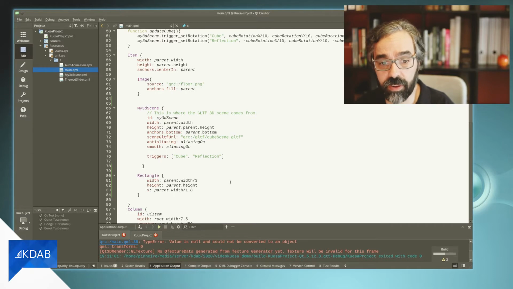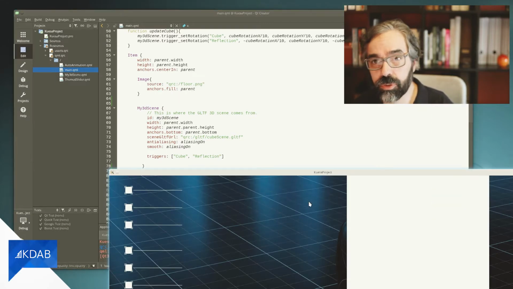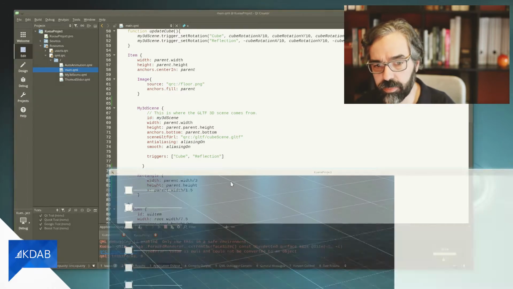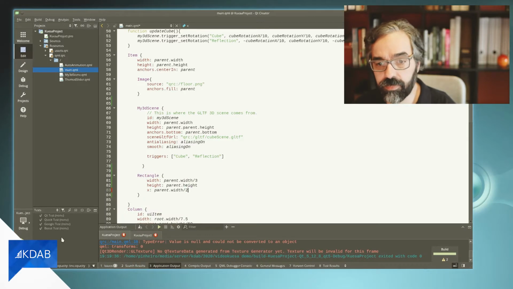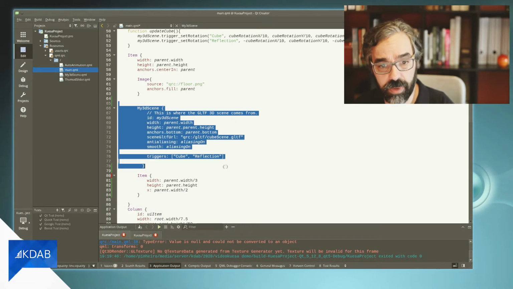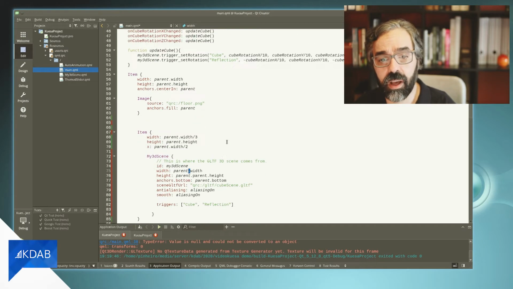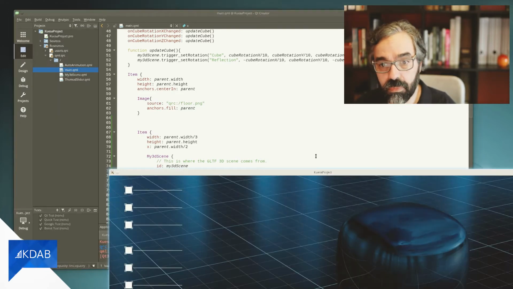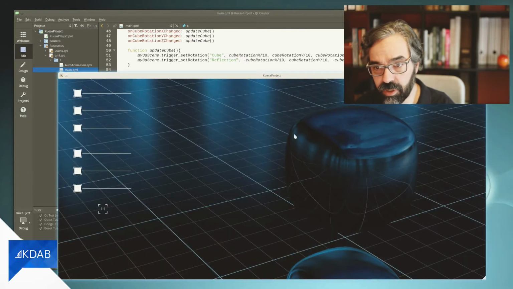Here, I'm just playing around, creating a rectangle to sort out things and show them where I want to see them. And here I'm trying to figure out the correct position and correct size. Seems like a good place. I'll just put my 3D scene inside of it, change the sizes, resort the position so it shows on the correct position again, and press play. Looking good. Everything seems in place.